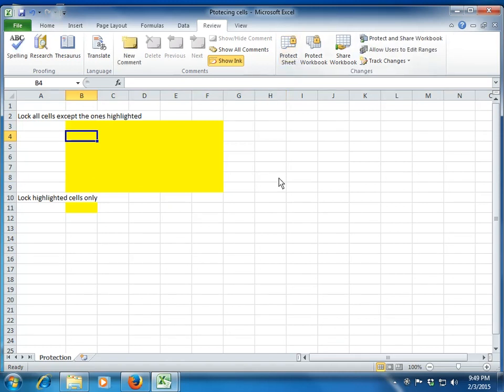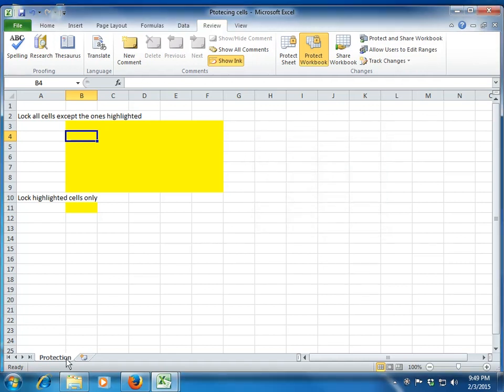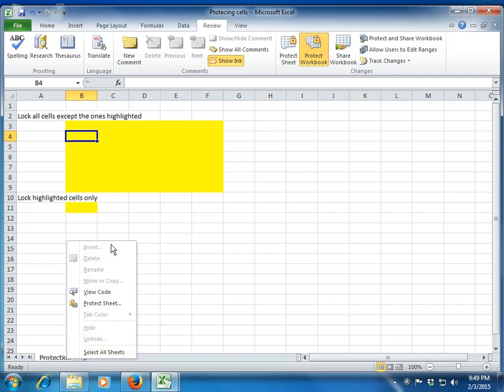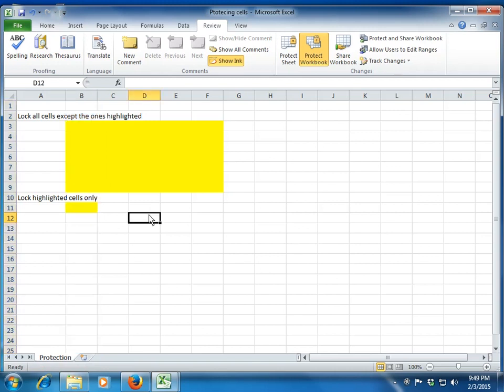Similarly, you have something called Protect Workbook. Okay. So in Protect Workbook, you have two options: structure and windows. Windows is not a very useful function. It will just disable these three buttons, that is minimize, maximize, close. So windows is not very useful, but yes, the structure is. Let's see what happens when we protect the workbook with the structure. Okay, so you see that all those options to insert, delete, rename, move or copy a sheet, etc. are gone. This is still allowed, so you can still copy paste the file.